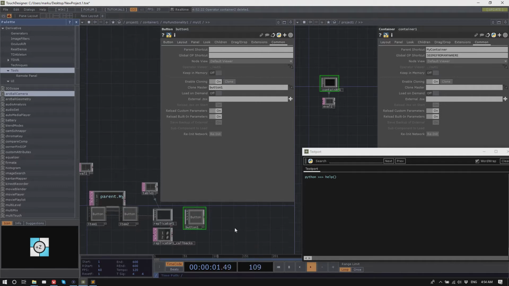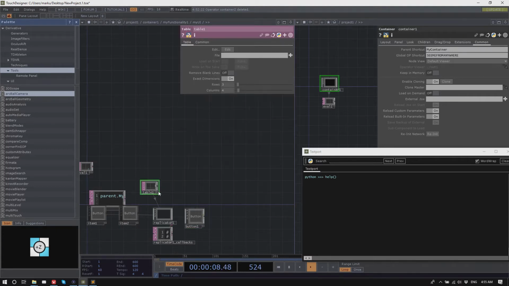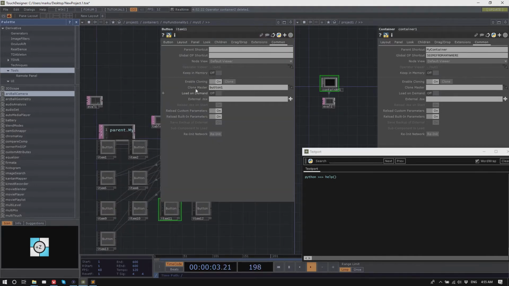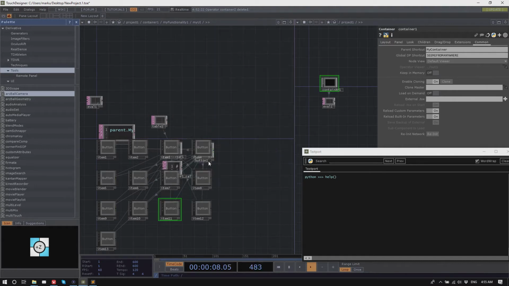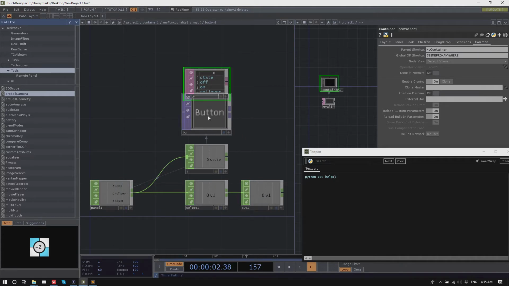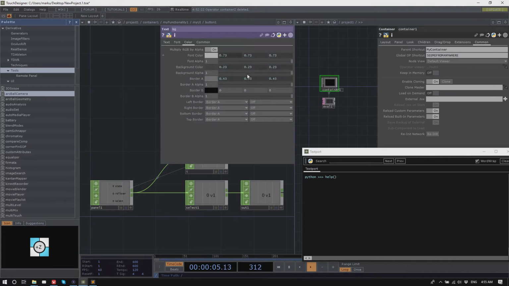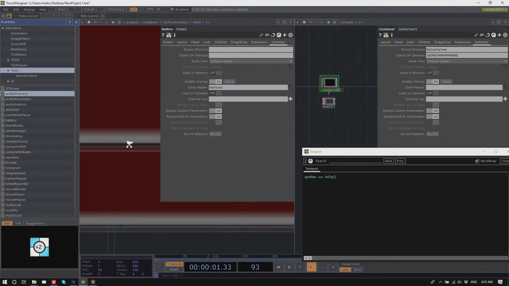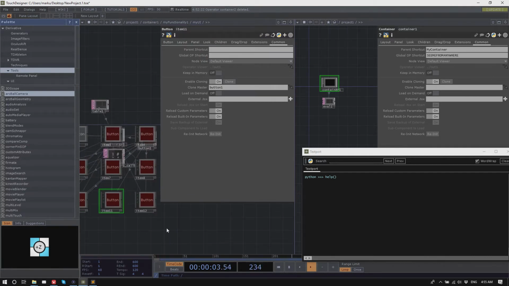So, for example, if I clone this button 1 with itself, and I use it as the master for this replicator, now when I create more of these buttons, they are all cloned to button 1. This means if I go into button 1 and change the background color, for example, now all of them have it.